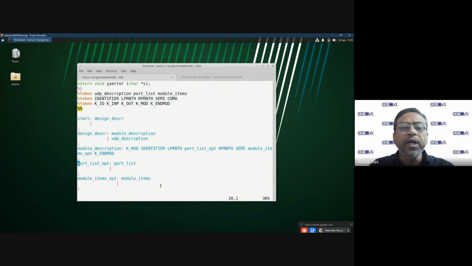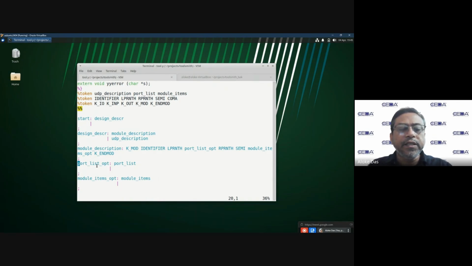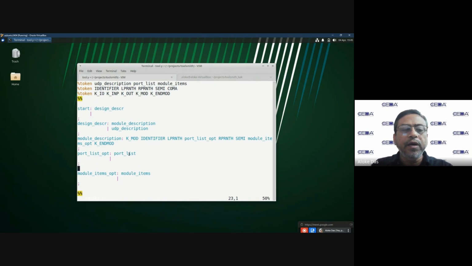Because port list, I have not told what it is. It is coming to the default, like optional, but there could be a port list. But I have not told what a port list is. Then what do I have to do? I have to add a rule. Okay, port list could be port list comma identifier,